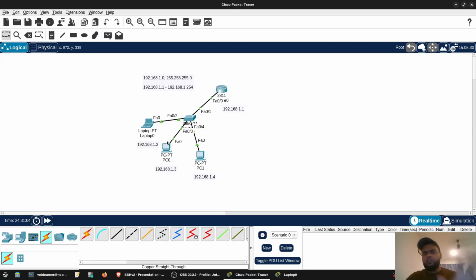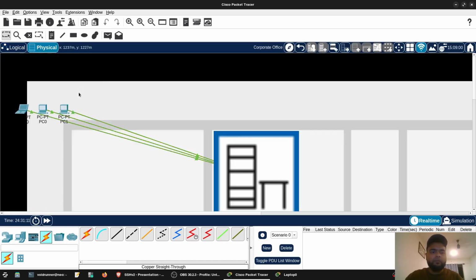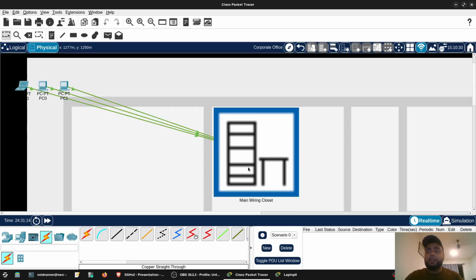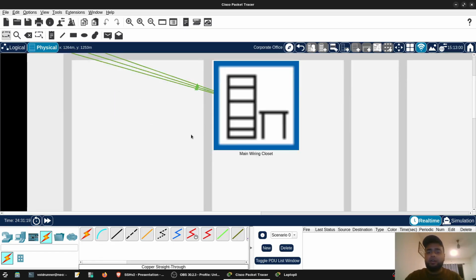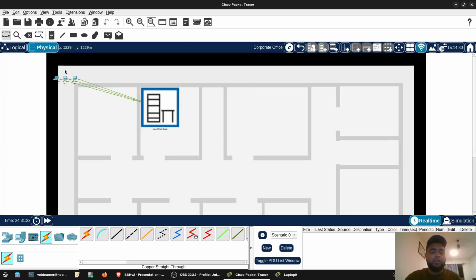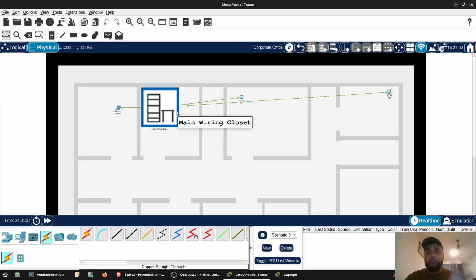Now here on the logical workspace, you can see it as if everything is on one screen, but if you click on the physical workspace, right, you see our router is somewhere in this wiring closet. Okay, and our systems, maybe they will be in these office rooms, right? So let's say this laptop is over here, this PC is somewhere in another cabin, and this PC is somewhere in another cabin, right? And our server room is somewhere over here. Okay, and this is the closet where our router and other devices will be placed,